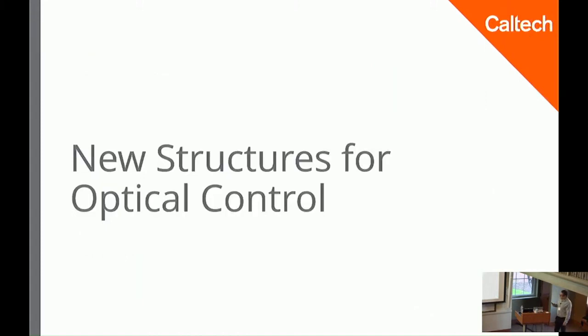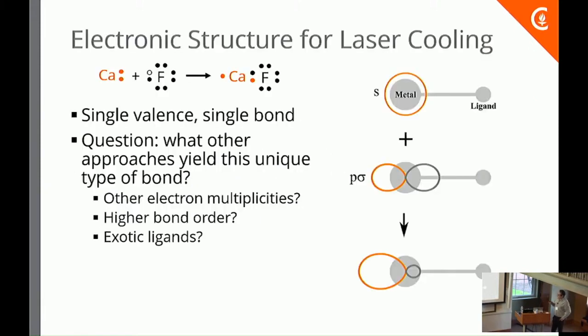So that's encouraging for us. A theoretical direction that we're interested in, which I'll now shift gears to, is new structures for optical control. One example that I'll talk about is, well, first I'll motivate generally. What do I mean? There's this picture, which we've seen a number of times now, which is sort of